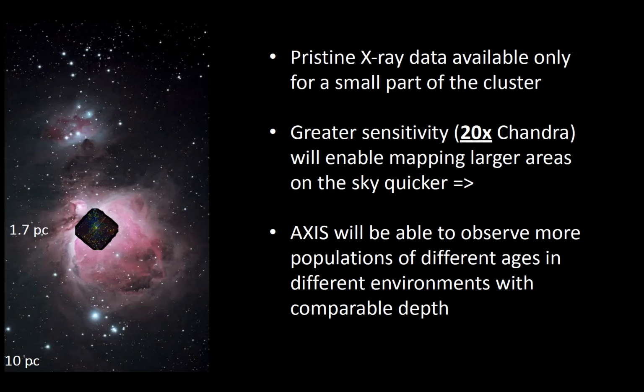And that's really what we're going to be able to do with AXIS. We'll be able to do this with 20 times the sensitivity of Chandra, and we'll be able to observe many more stars. And my poster is 16118. In that poster, I have simulations of the Carina Nebula showing you what we will be able to do with the stars in that nebula from just a 150 kilosecond pointing of AXIS, whereas Chandra's images of it took about 24 mosaics to cover the same region that we're talking about. And we'll be able to actually go much deeper in 50 kiloseconds than that mosaic could.